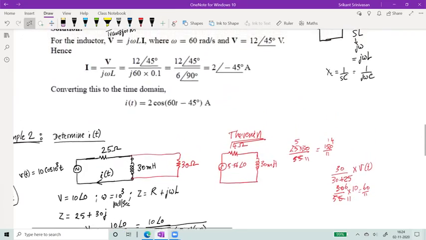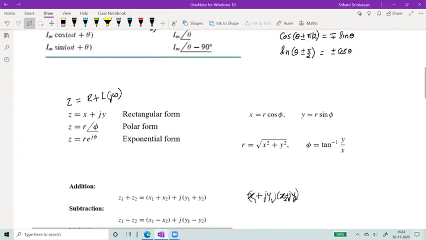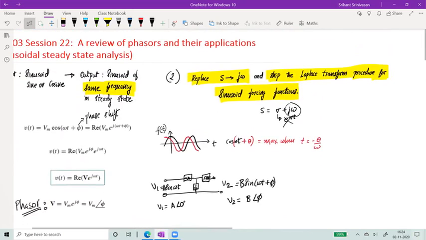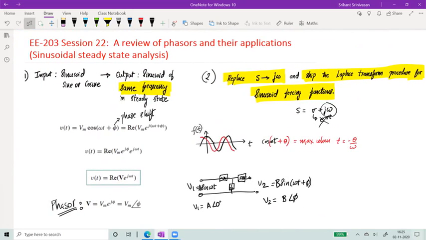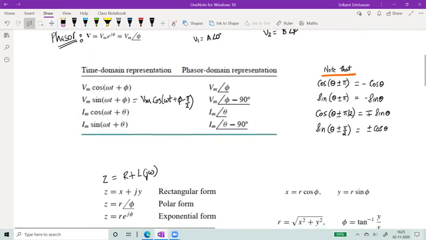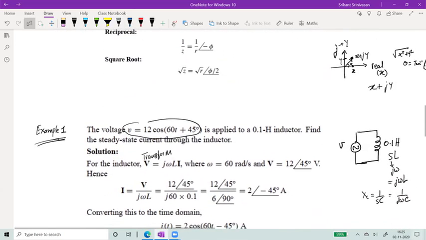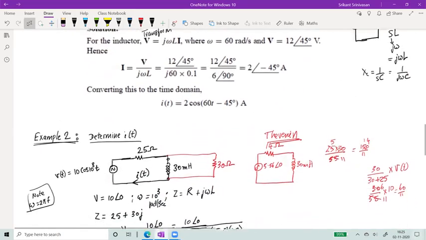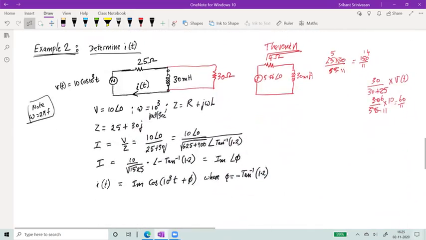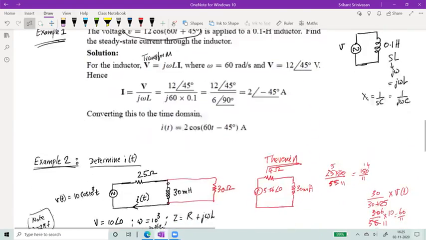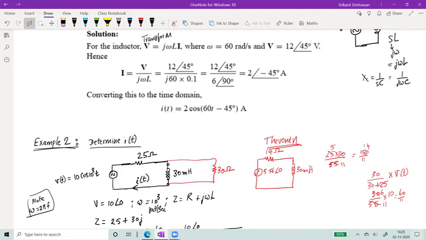So that's all, just a short class to get you familiar with phasors. Because after this, we'll go back to network functions and we will also look at some phase diagrams. We will look at the effect of magnitude and phase of the network transfer functions. So this concept of phasors, which you've already learned in the past, will help you connect to this phase diagram formalism. Okay. So let's stop here. I think there is one homework question that you have which uses phasors. The couple of examples we did should be sufficient to help you solve those questions.